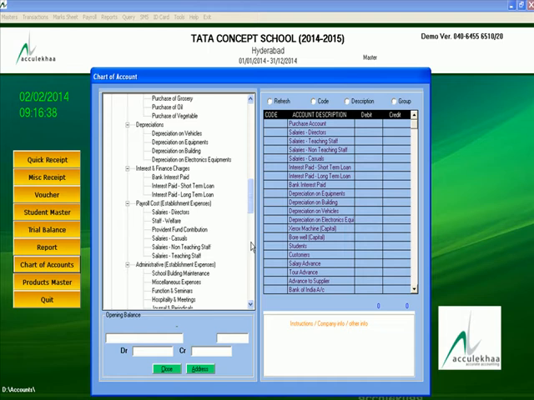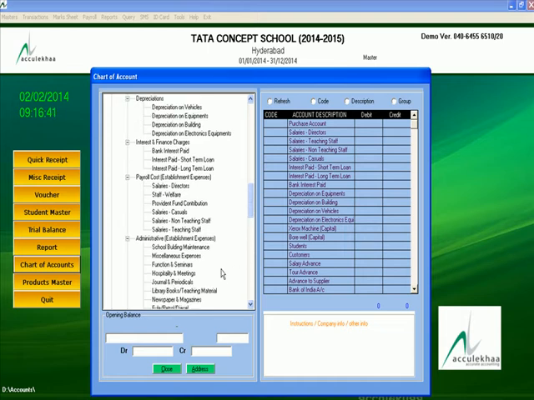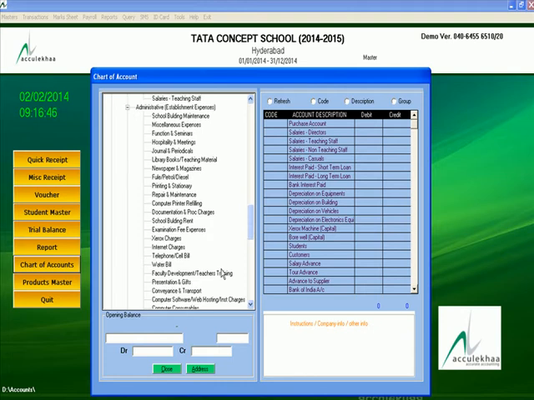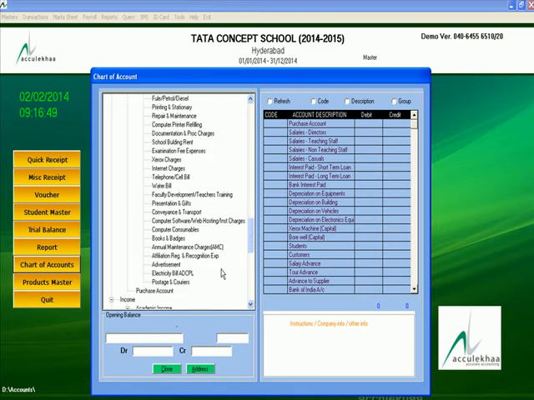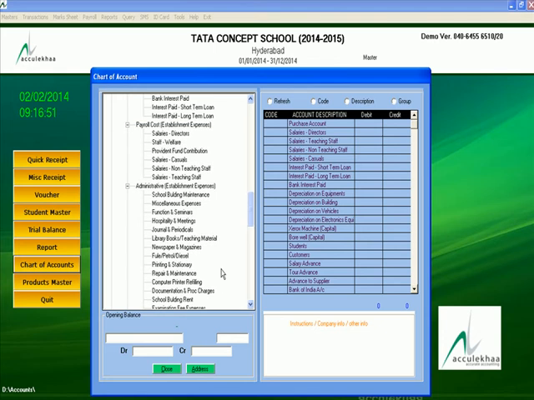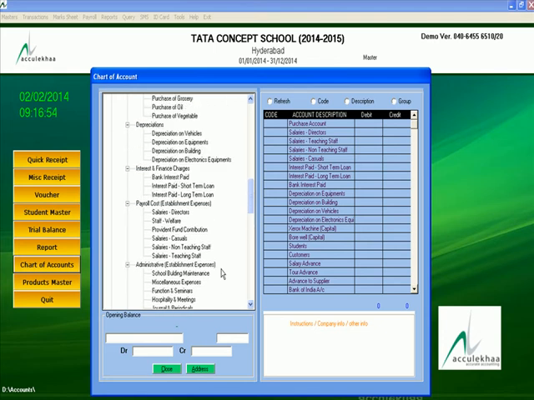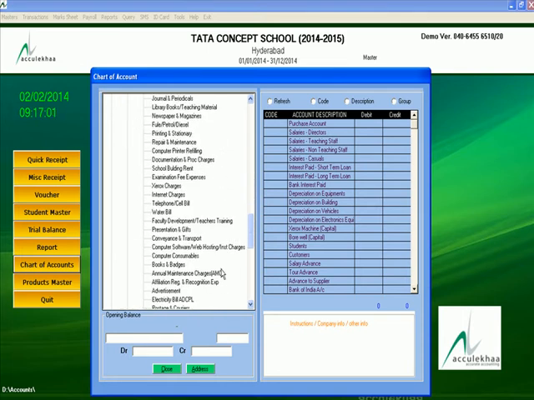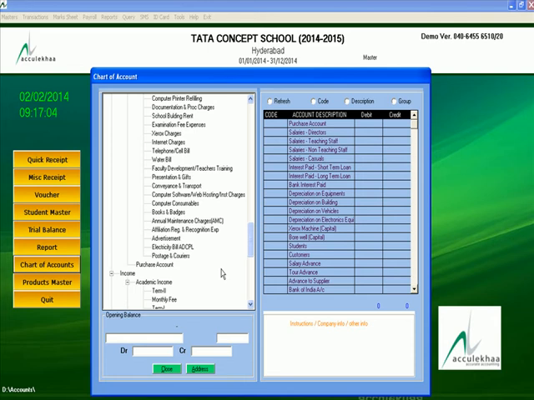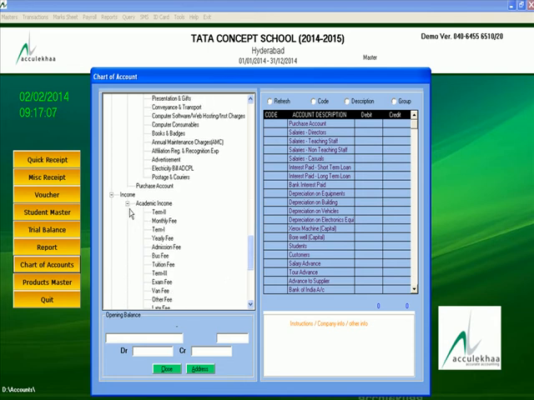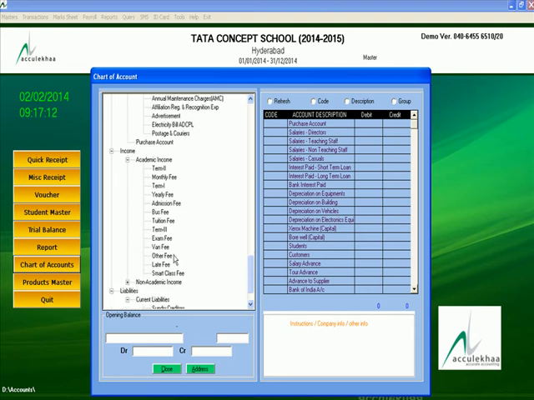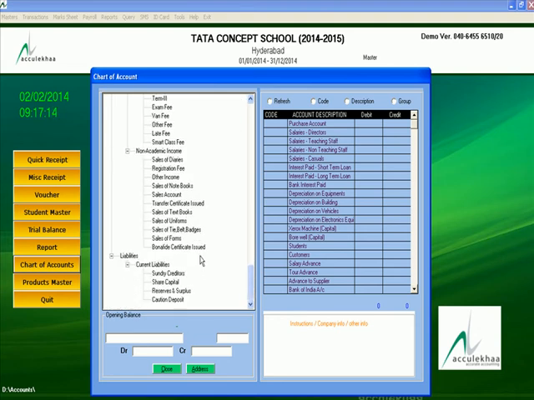In this, administrative expenses, purchase, payroll, interest and finance charges, hostel expenses, depreciation, fee concession account. These are the expenses heads, the expenses group you can say. Like that, income is divided into two different parts: one is academic income, another one is non-academic income.